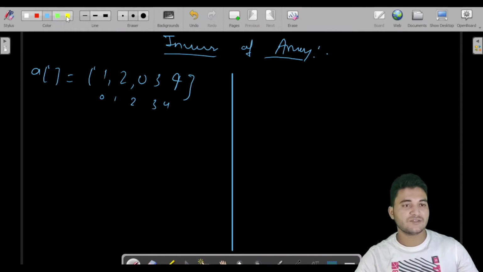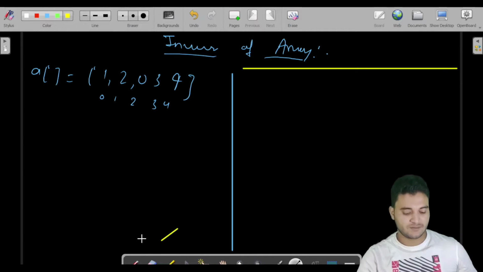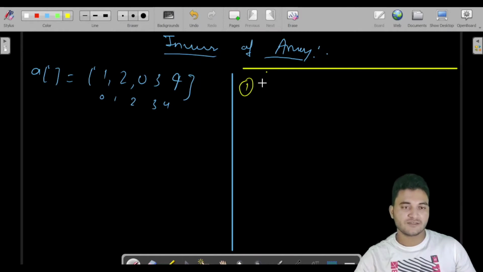There are some assumptions in this problem. The first assumption is, let us say you have been provided an array of size 5. Take the example of 1, 2, 0, 3, 4. Then every digit from 0 to 4 will be present inside this array.